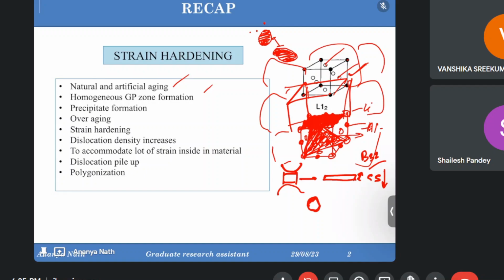We use this solute atom to restrict the movement of the dislocation. If this is the dislocation and it's moving towards this solute atom, it's moving very freely everywhere. But as soon as it meets the solute atoms or precipitates, it will stop. It has to stop its movement, because to overcome or jump through this solute or precipitate, it needs more activation energy. And anyhow, at the time of jumping or breaking the barrier of the solute,